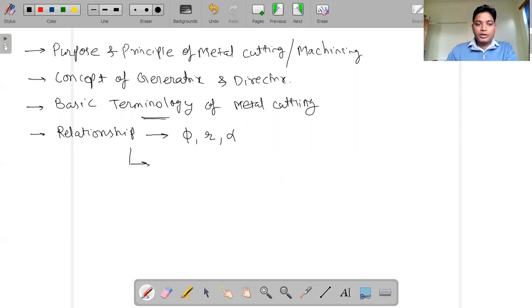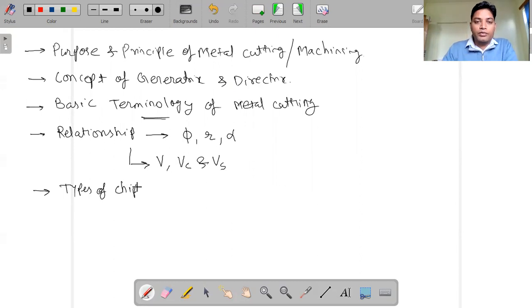Then we will discuss the relationship between the velocities. Here we have the cutting velocity, represented by V, the chip velocity, which is VC, and the shear velocity, which is VS. After that, we'll move to the main important part, the types of chips.